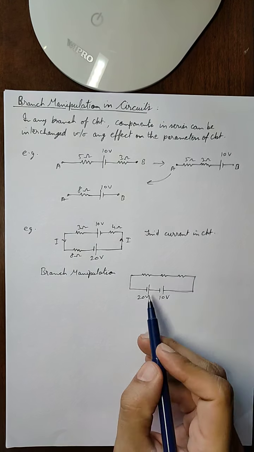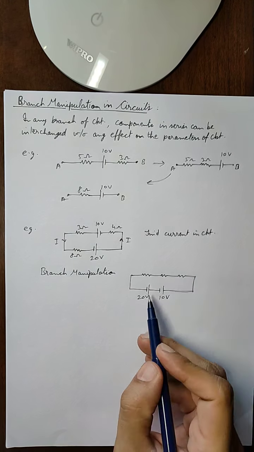So now these two batteries are connected in series, and they are added in the circuit in such a way that they will reinforce the EMF of each other. Since both the negative terminals of the batteries are towards this side, this point can be considered at zero potential, and similarly this point can be considered at 10 plus 20, so 30 volts, because the EMFs of the two batteries will be added together, and these three resistors will be in series.